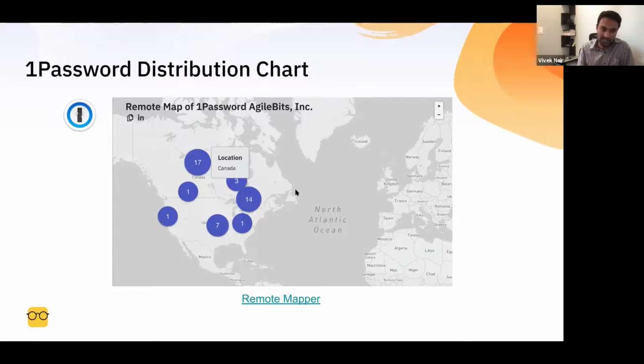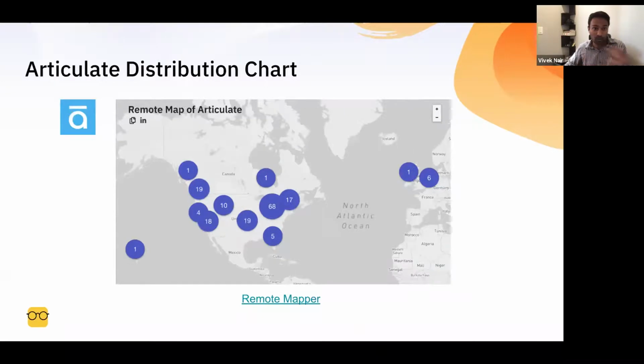So that's at a company level: what is the density of those employees in a particular area. But of course, they have people outside of that, in very non-overlapping time zones as well. So 1Password and Articulate tend to be a good example of that.